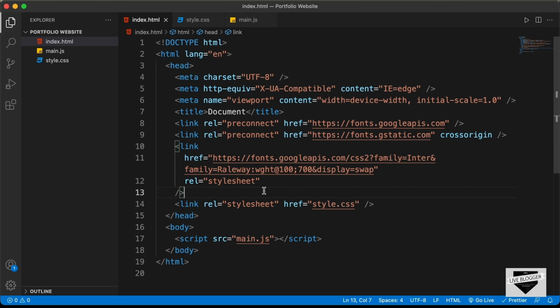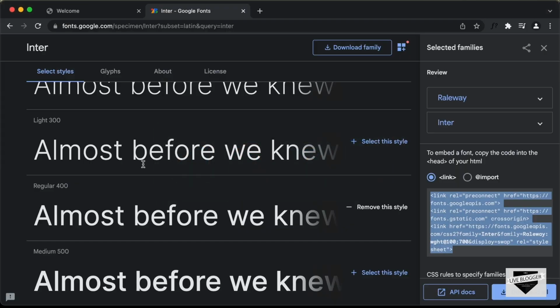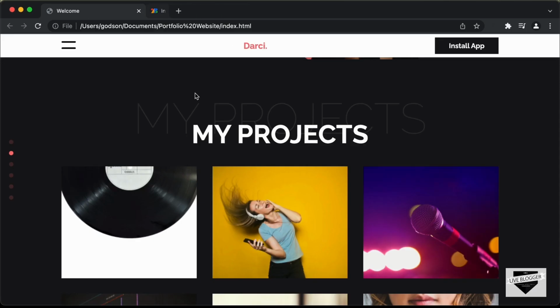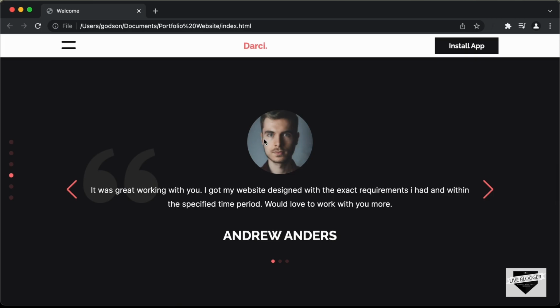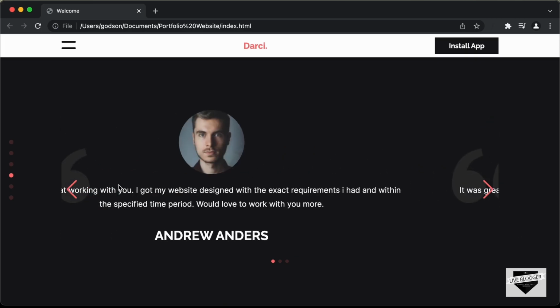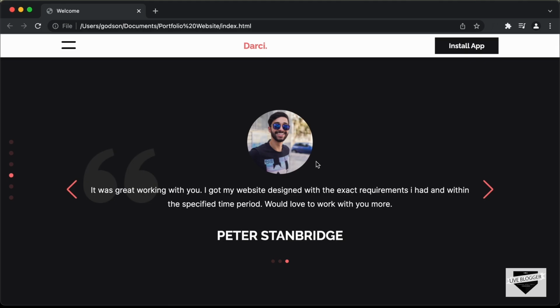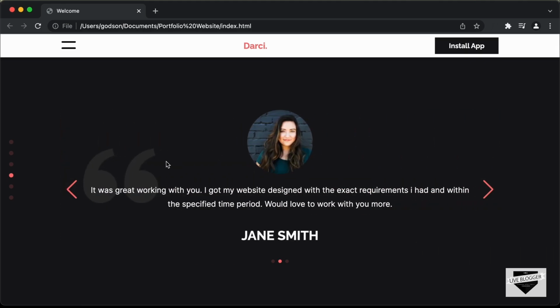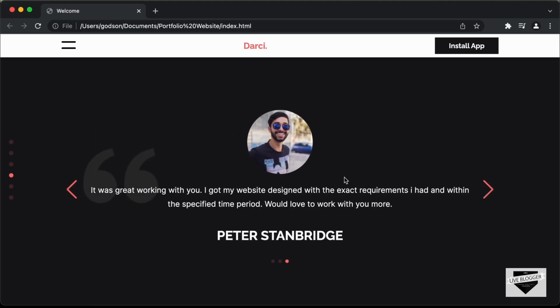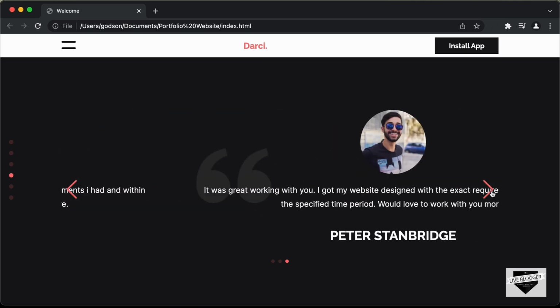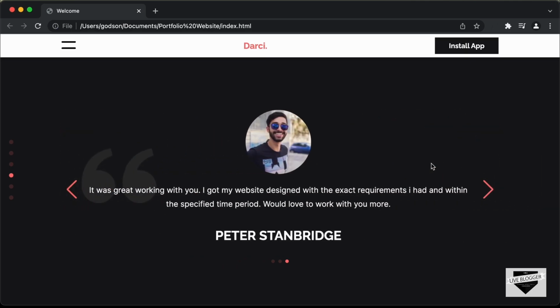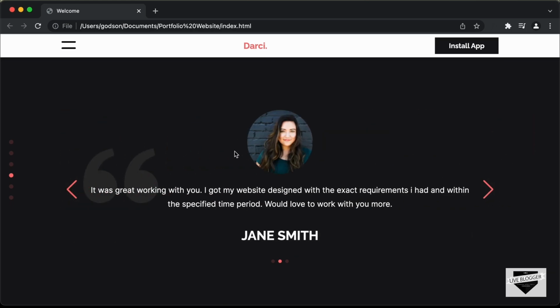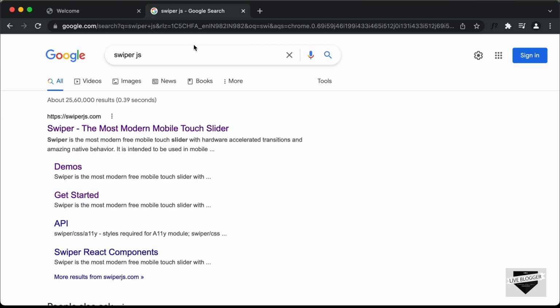Now the next thing we will do is we will get the link of the Swiper.js library. So if you go back to our design and if you scroll down, here we can see for the testimonials we have this slider, and for that we are using a library called Swiper.js. So it makes it easier for us to design this type of slider. Here we can click on these buttons and also drag to go to the next and the previous slides. So let's search for Swiper.js. So you can simply Google for Swiper.js and you'll find this website, swiperjs.com. So let's click on the website,